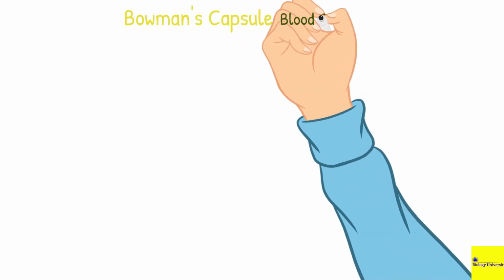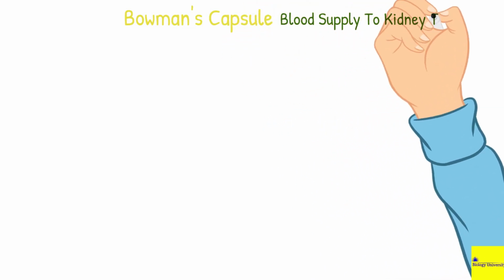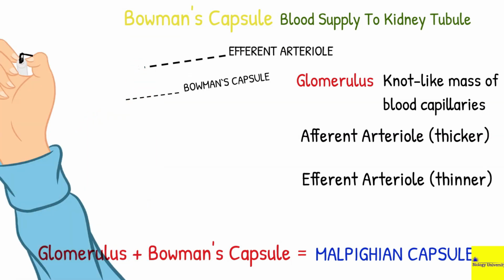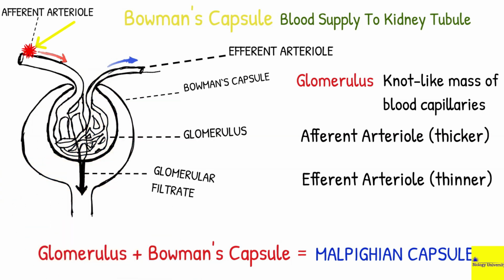Let's talk about how blood is supplied to the kidney tubules. A pair of renal arteries branch off from the dorsal aorta and enters the respective kidneys as shown in the figure. Each renal artery branches and rebranches many a times, giving rise to arterioles. Each such arteriole then enters the Bowman's capsule under the name of afferent arteriole. Afferent means to bring to.